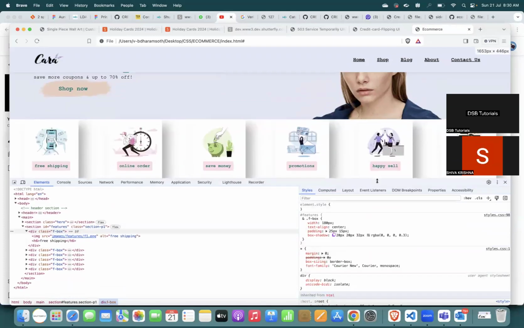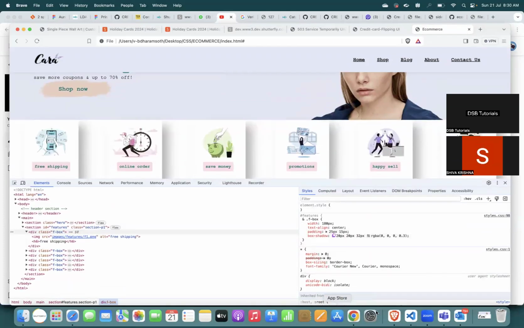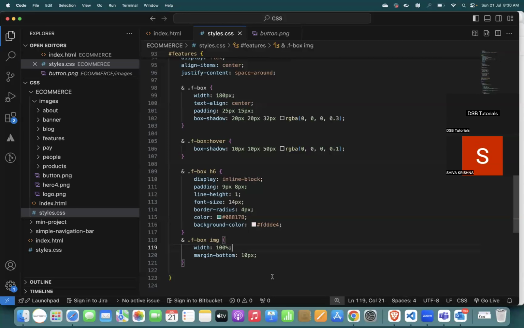Okay, now we change the sections also. We will develop the product section also, but we'll add some of the classes now, like if it is even or odd, we'll